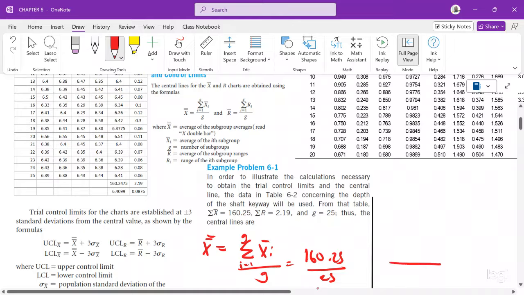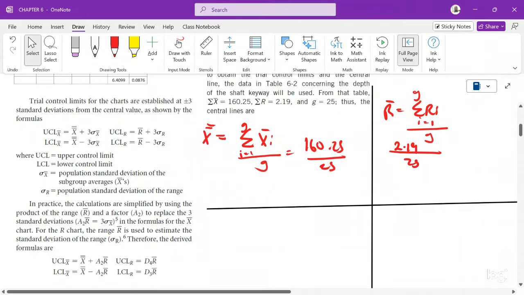And then on the other side, we were looking for the r bar, equal to the sum of r, i equals 1 to g, over g, which is 2.19 over 25, okay, which is equal to